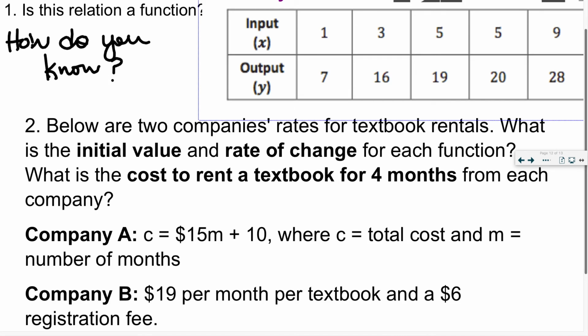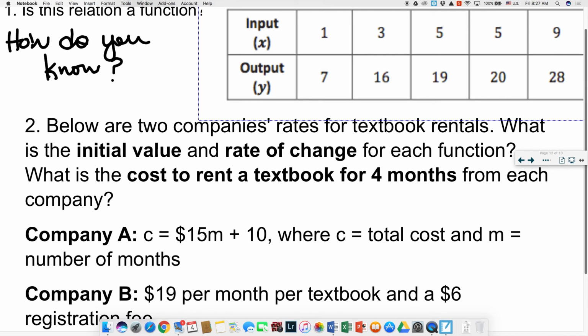Yep. What's the deal? What's the deal? That's a quiz. It's a quiz, but you can either put it on the DOL sheet from yesterday or